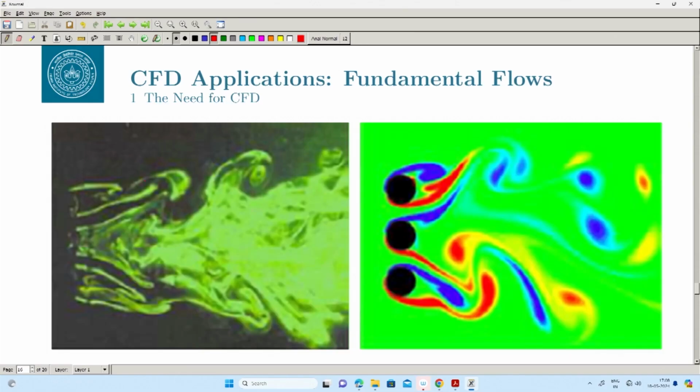This is one example of a fundamental flow. So, here we have 3 cylinders kept. So, the left one is the experiment, okay, and the right one is the CFD simulation, and you can see that the fluid features are quite close. You can see here and here, okay, and this. So, you can see that the flow features are quite close, okay, and this can be very useful in basically